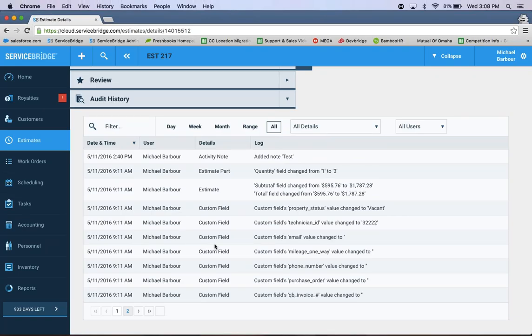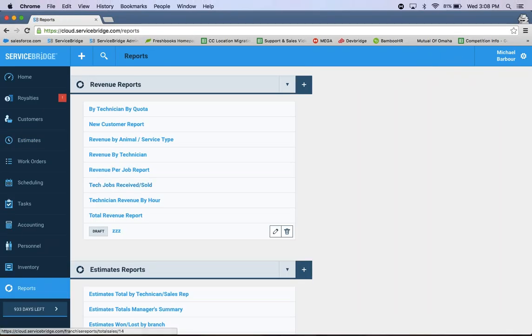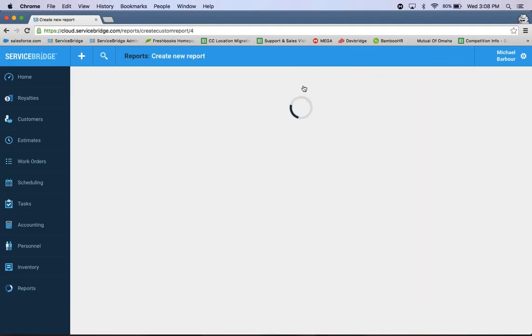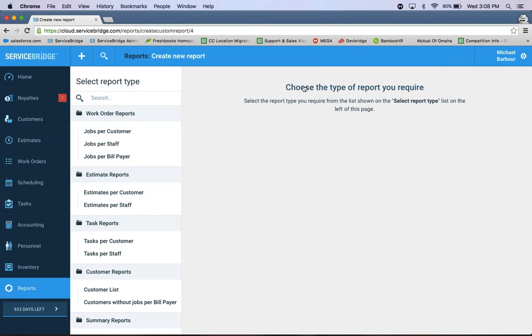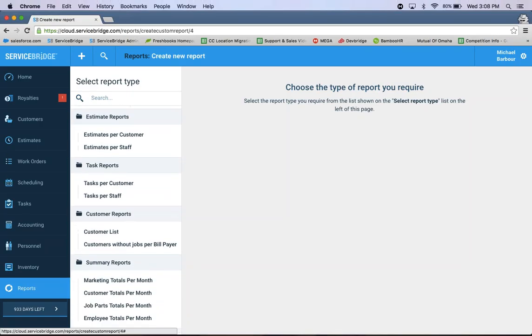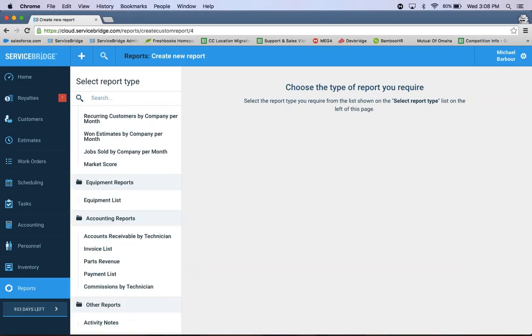So great. All right, let's switch over to the data sets, new reports to showcase. So easily go over to the reports section and let's create a new revenue report. So I'll hit the plus button. And on the very bottom here, if I scroll all the way down, 3 new data sets I believe that I haven't shown just yet.